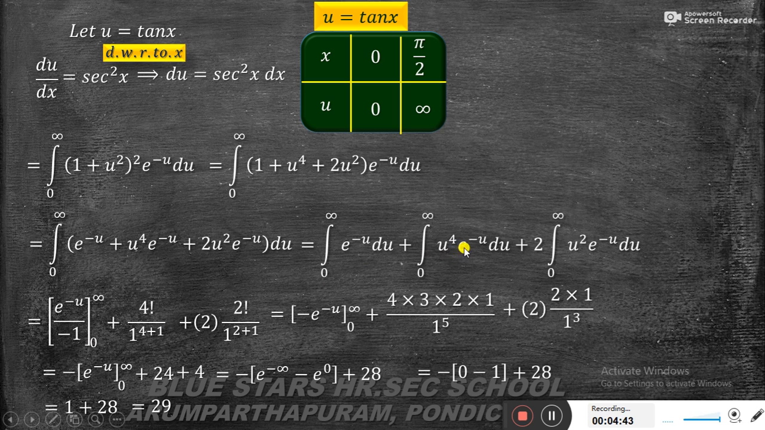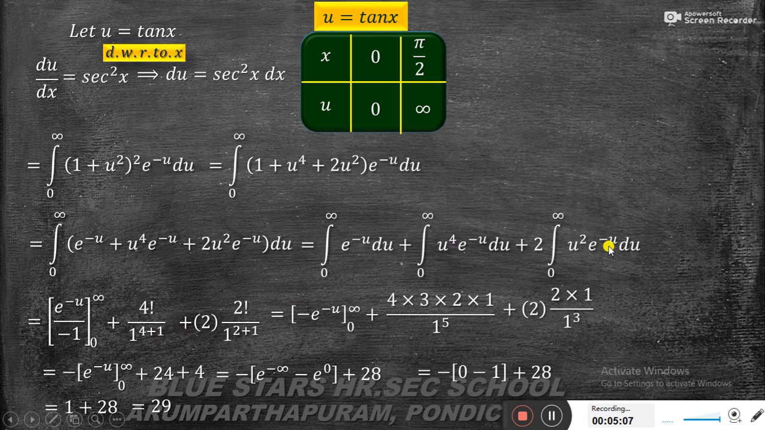So here e power, that means the formula is integral 0 to infinity e power minus ax by x power n. So here n is 4, a is 1. So you write it, that means the formula is n factorial by a power n plus 1. So n factorial means 4 factorial by 1 power 4 plus 1, plus next 2 into here a equal to